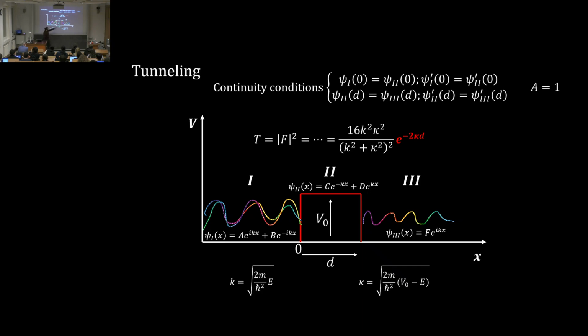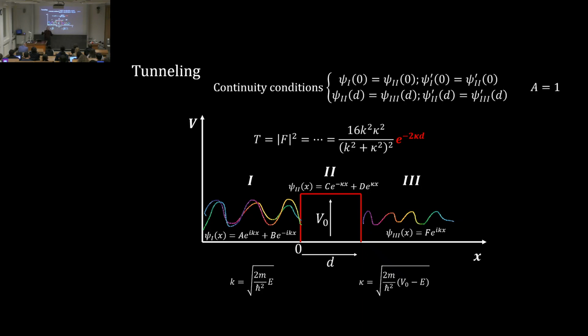We find that F is not 0. So it means that there is a non-zero probability for the electron to pass through the potential barrier. And this is what we call the tunnel effect. F is related to the transmission coefficient: if I take the modulus square of F, I have the transmission coefficient, and it's given by this term here. And the most important thing is the exponential that you see here, because it means that the